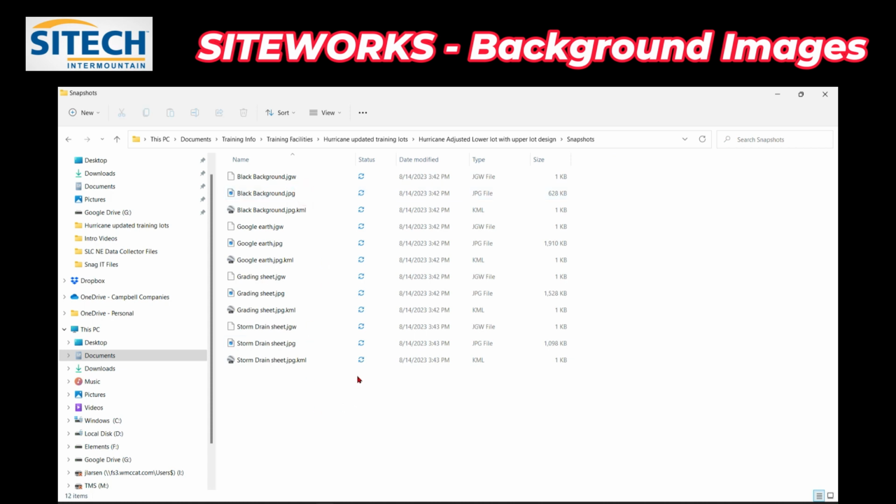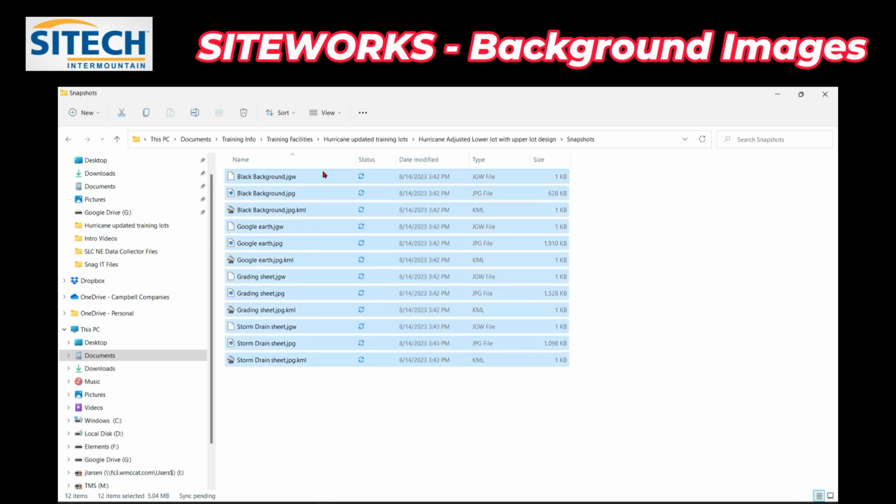So what I do, you may not need the KML. The KML doesn't really show up in there. It's more the JGW and JPG, but just to make things easier, sometimes I just highlight the entire thing. I go ahead and copy that. And then if you were on your data collector, you need to go to your data collector and put them